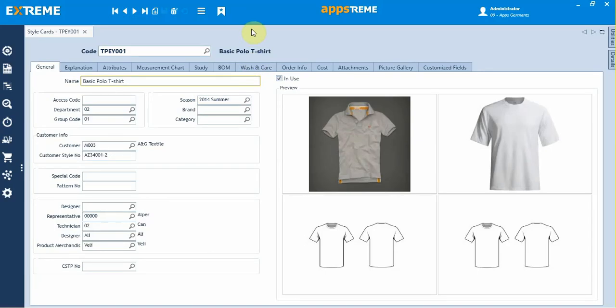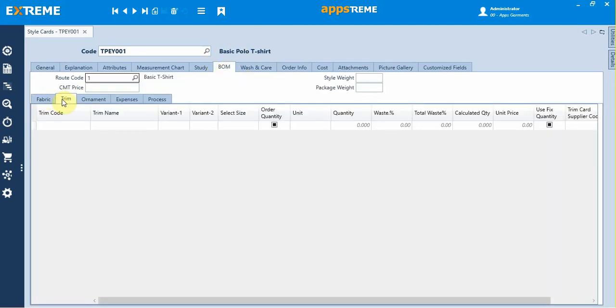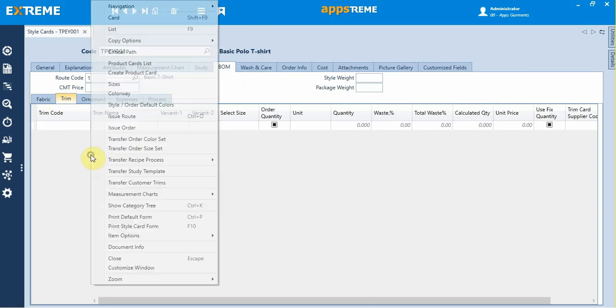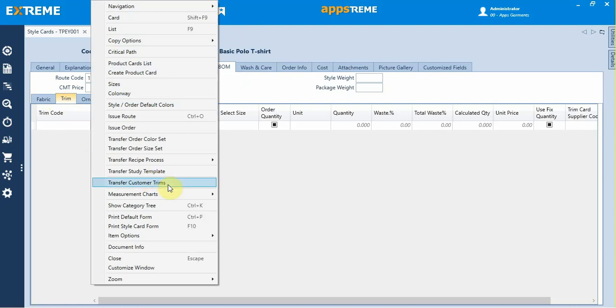Hello, in this video session I'm going to show you how to define trims in the style card. To do this, first click on the BOM tab, then choose trims. Then if you already defined the customer trim definitions, you can right click and choose transfer customer trims from the